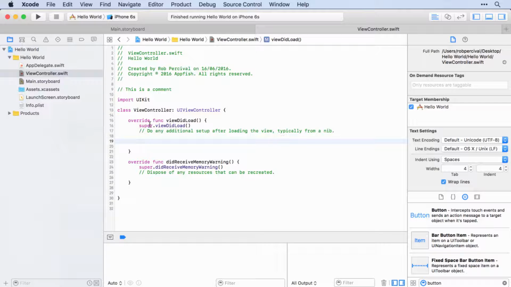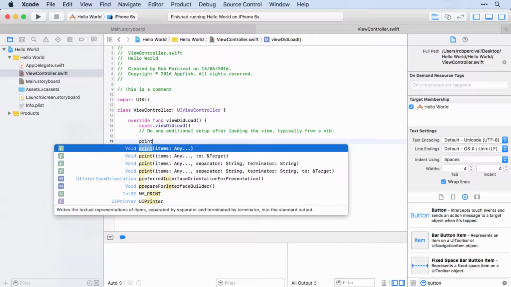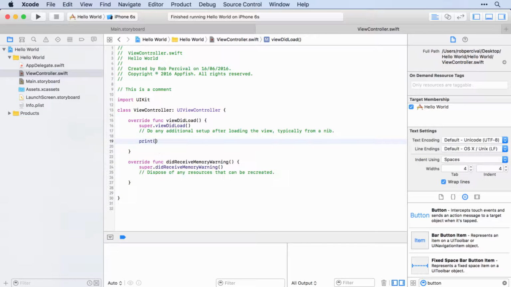So make sure you're writing your code inside the viewDidLoad method. That is just before that curly bracket there. And all you need to type is print and then a pair of parentheses, and inside the parentheses a pair of double quotes, and then I'm just going to put the text that we're now familiar with, Hello World, but you can put anything you like